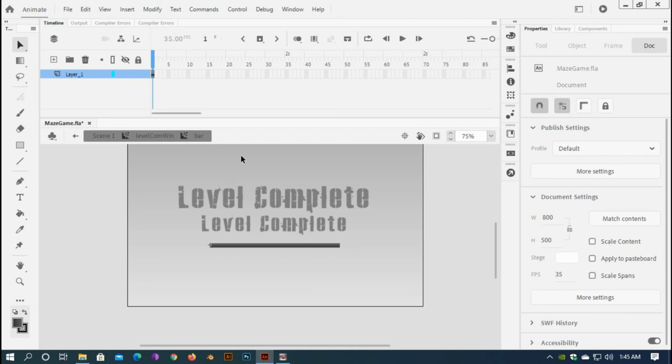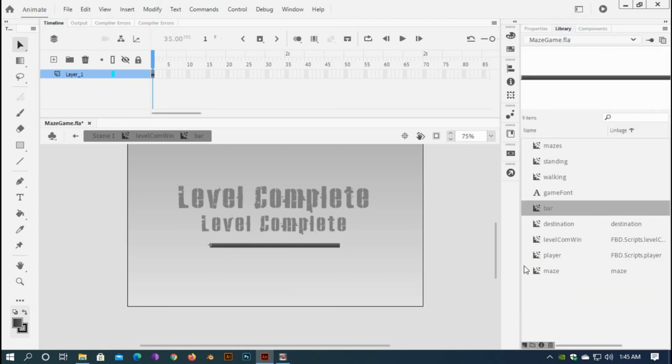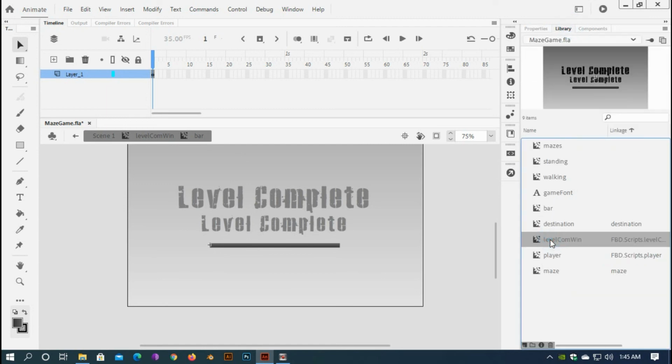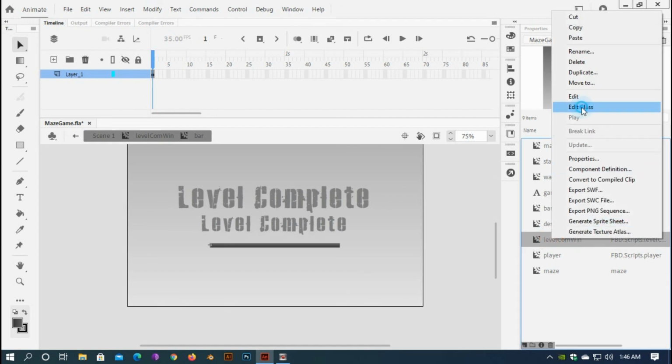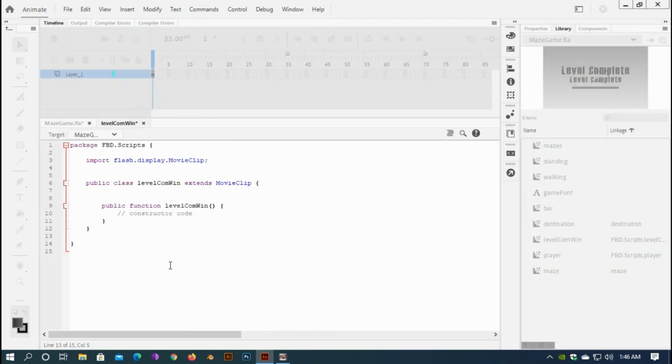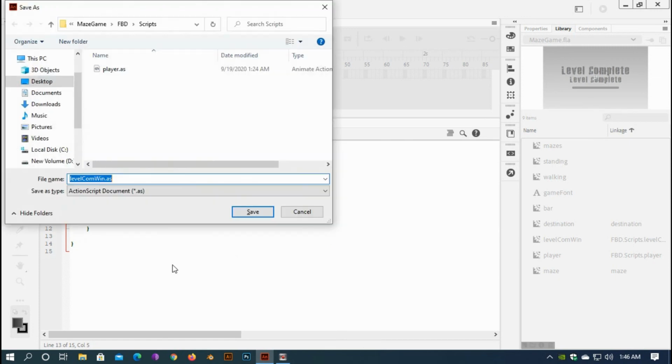So here I have to make a class for this level complete tween. So I'll select level complete tween and then click edit class, and it has given me a class, and I will save it in the same location as the player class. So just click save,